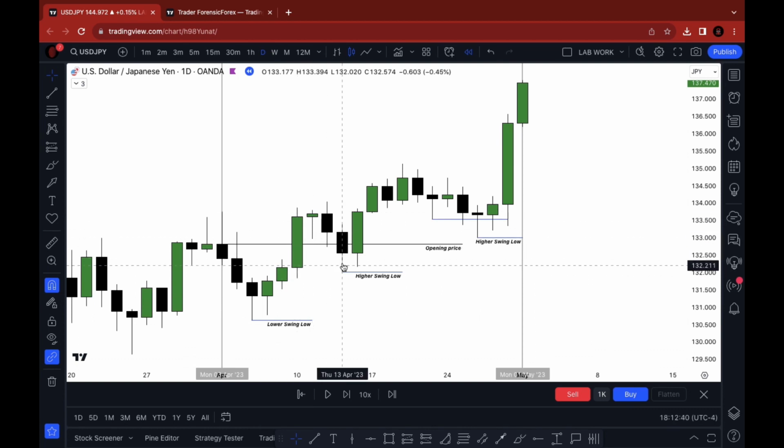Look at how it creates a higher swing low. There's a trend here. Price doesn't want to take out the lows anymore. It wants to do what? Take out highs, highs, highs, until eventually it has to create another higher swing low. And you can see how price pulls back down into what? Some